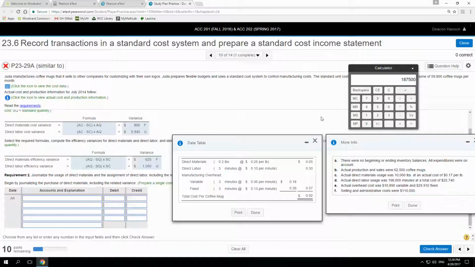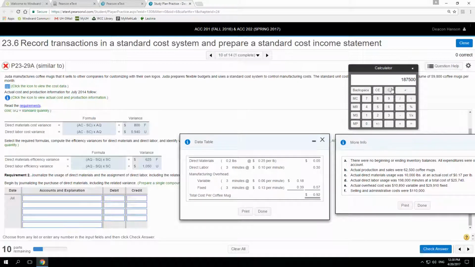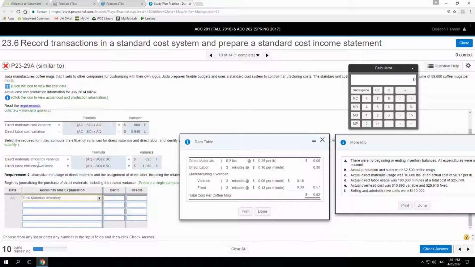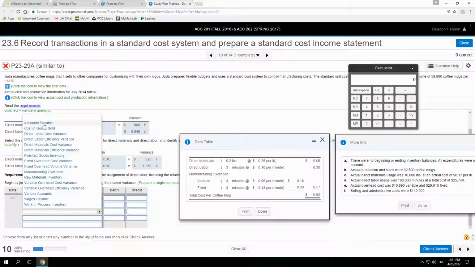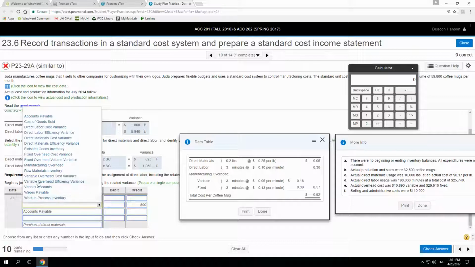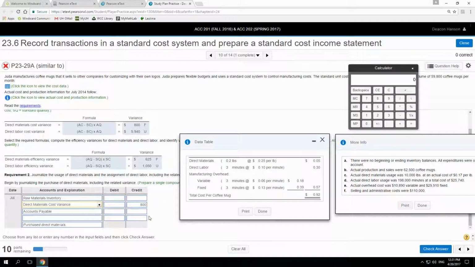Okay. Now we're required to make a journal entry to show the purchase of the raw material. So let's see. When you buy raw material, it will go into the raw materials inventory account, and you'd either pay cash or do it on account. There's no cash account, so we're going to be doing accounts payable, and this will be for the purchase of direct material or raw material. Okay, and then let's see, we have a direct material cost variance, a favorable variance. So favorable variances are credits of 800. You can plug that in from your first table up there. Direct material cost variance, favorable. And then we're going to put in the